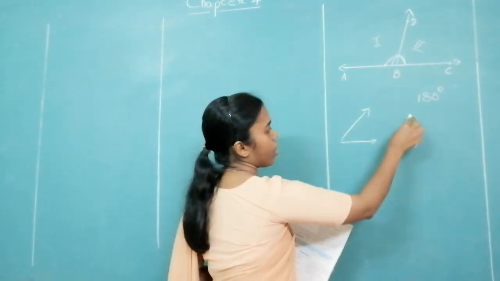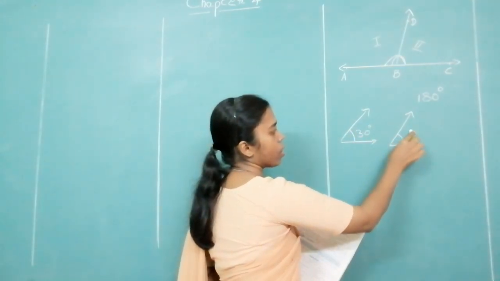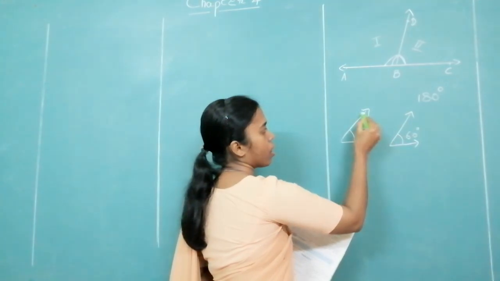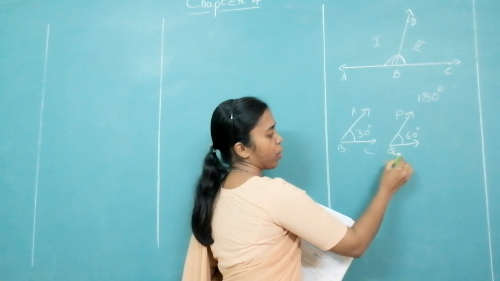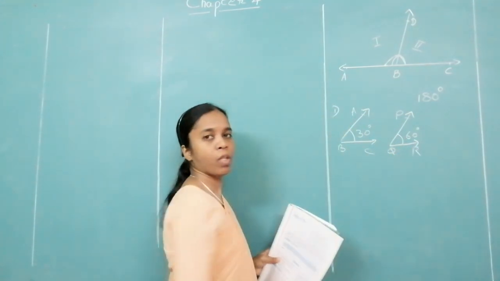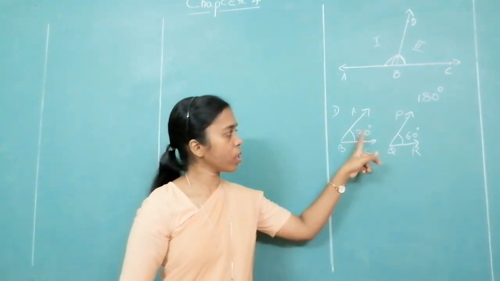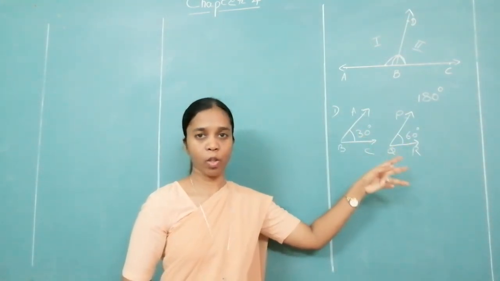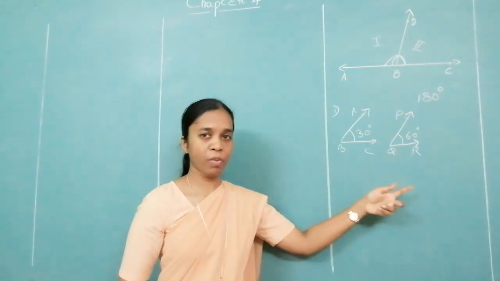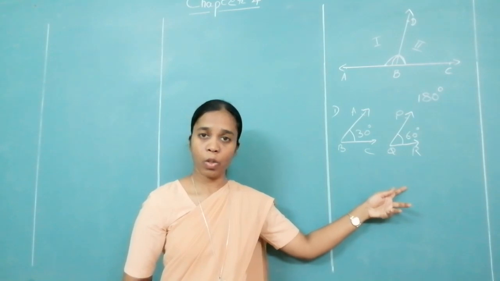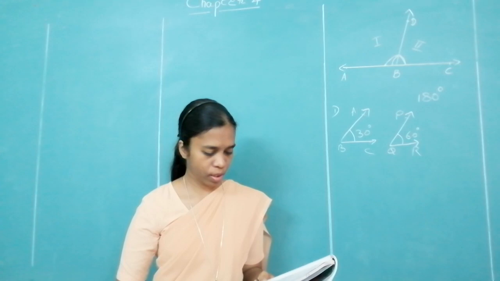So you need two complementary angles. I am drawing like this. I have two complementary angles. Suppose this is 30 degrees. How much will this be? 60 degrees. I name this ABC and I name this PQR. I have two angles which are complementary. You can see 30 plus 60 gives you 90 degrees. So they are complementary, but they are not adjacent. Why are they not adjacent? Do they have a common vertex? No. And also they don't have an interior separated by a common arm. Therefore they are not adjacent.